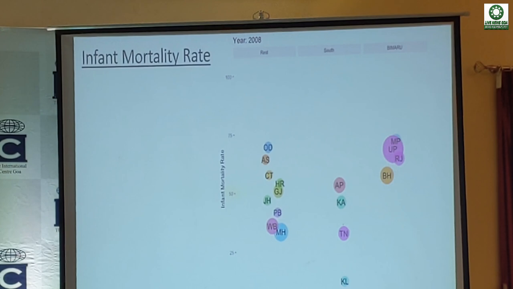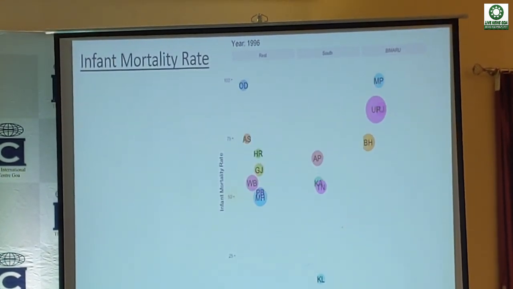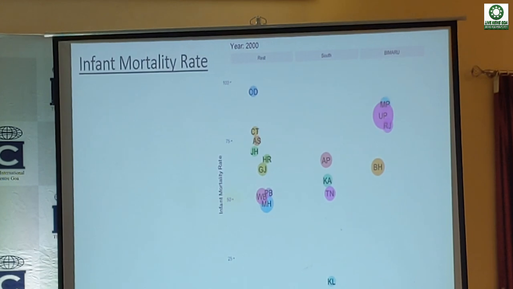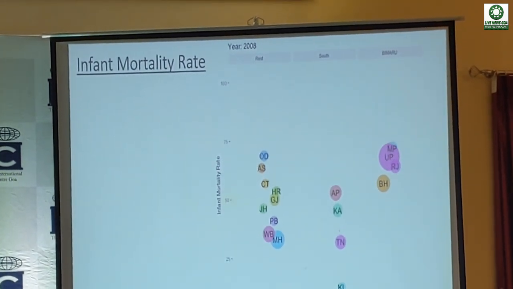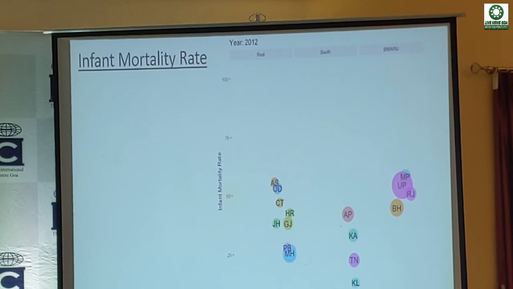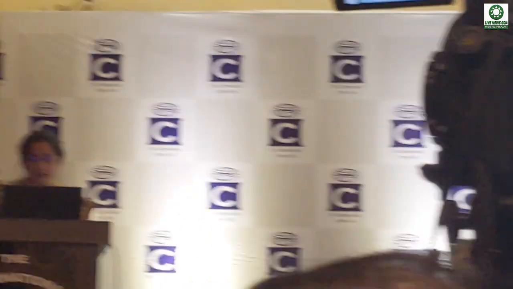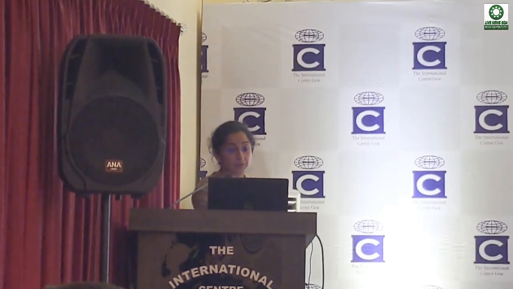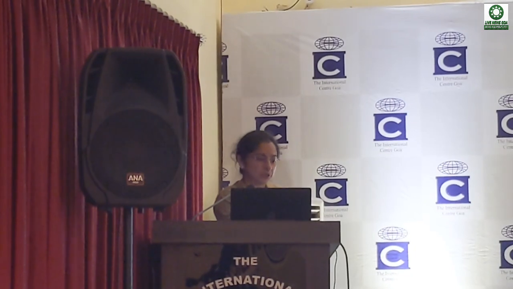Some of the biggest improvements are also happening in some of the biggest states. Look at the size of the ball, which indicates the size of the population. UP, MP, look at Odisha, absolute rock star when it comes to achieving some of these targets. Kerala has been at the bottom for some time because they have very good numbers. They already achieved very low infant mortality rate numbers nearly 30 years back. But look at the rest. This is what economic growth eventually is about.